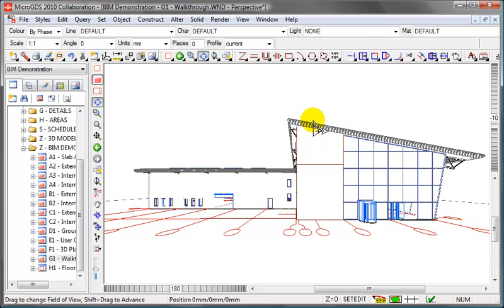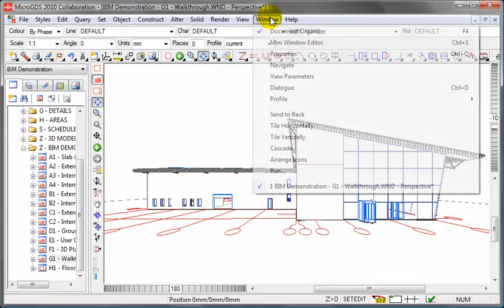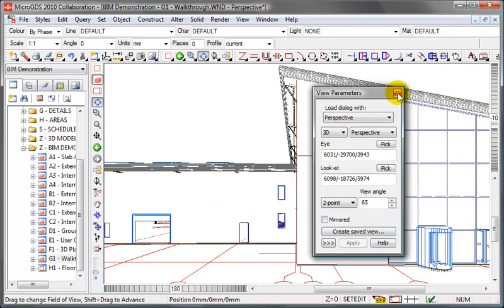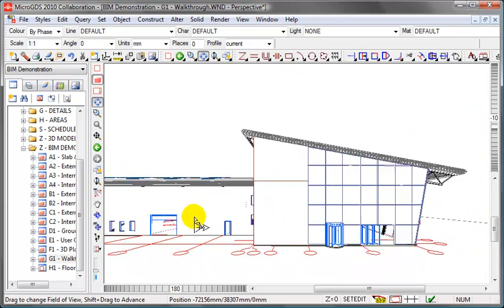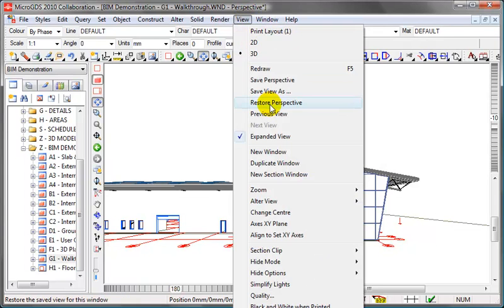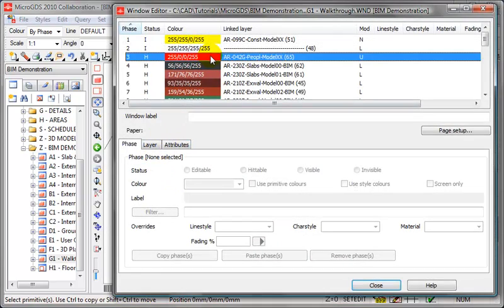And that is a very incorrect view. It makes the workshop seem to be much further away than it is in real life. If we actually just go look at our view parameters, you'll see that the angle there is something quite horrendously huge. So let's set that back to 65 and apply it to give us a more realistic view, and then just zoom out just a touch. And it's as simple as that. I'll just restore our original perspective view, turn off our proxy people,